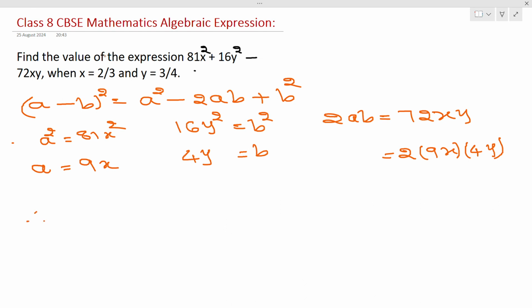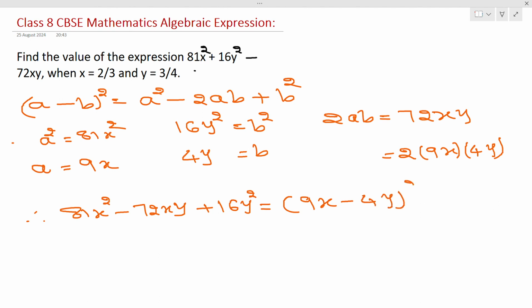Therefore, the expression 81x² - 72xy + 16y² is (9x - 4y) whole square. Now we can see x is 2 by 3, therefore it is 9 into 2 by